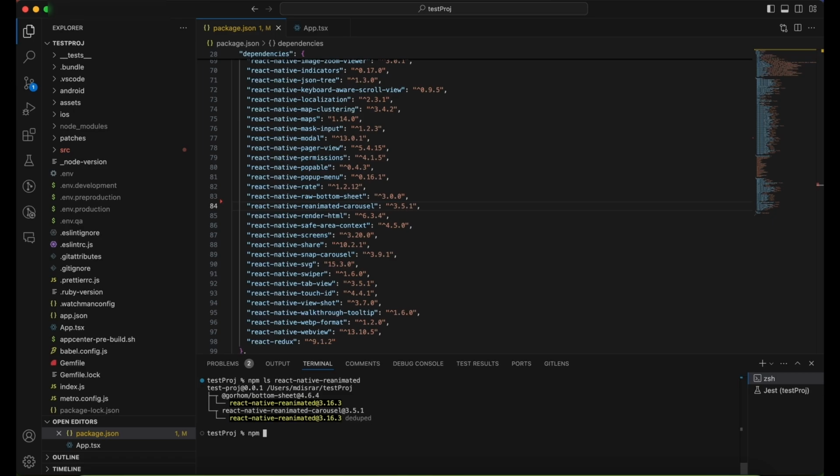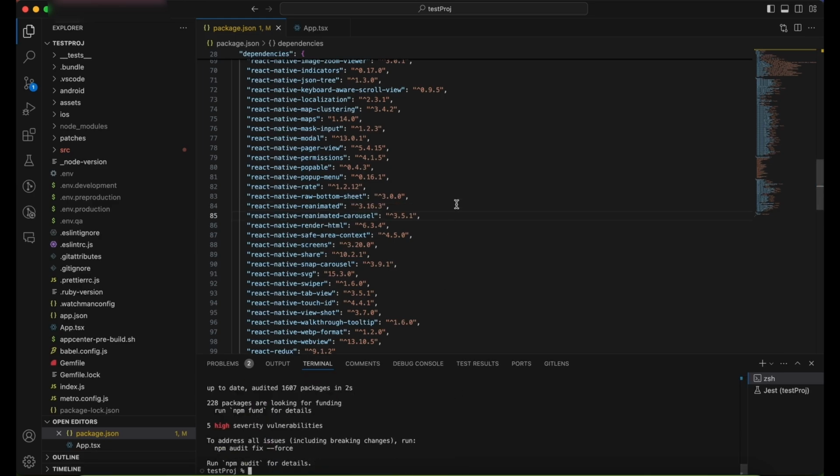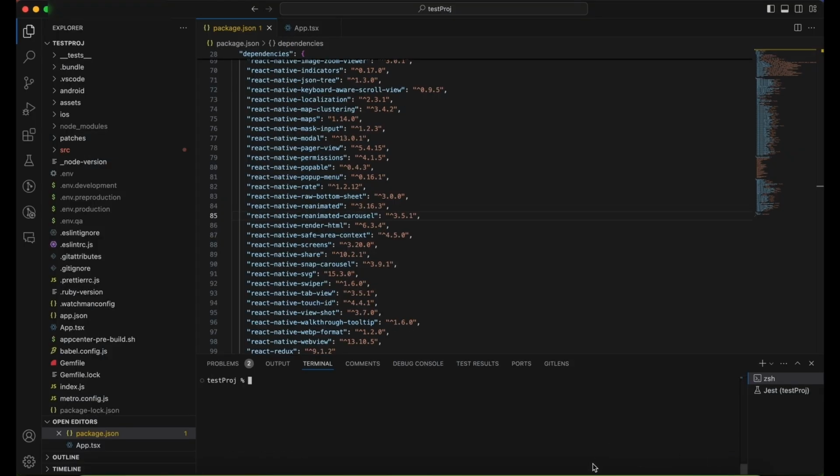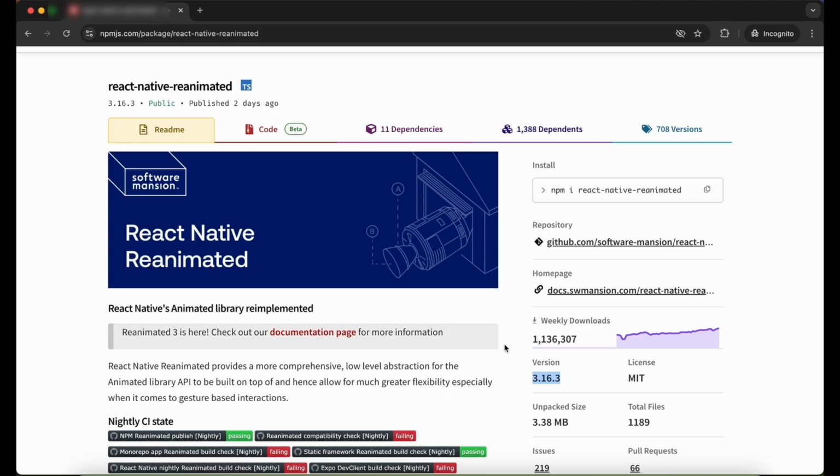For example, npm install react-native-reanimated@ and the version whatever you want to use. Here I'm using 3.16.3 and hit enter. It will install the same version, and after doing this, rerun your application and this will work. And you can check all the versions list on the official documentation,